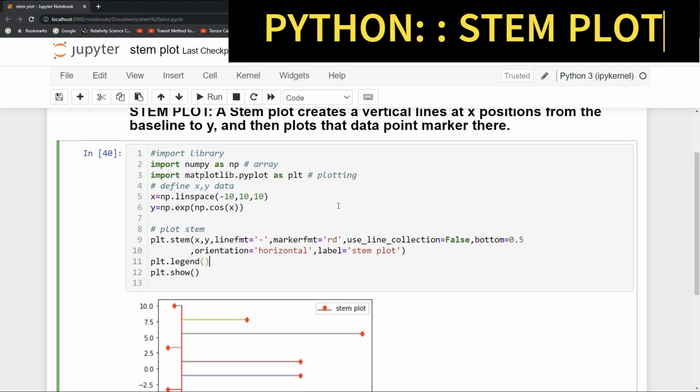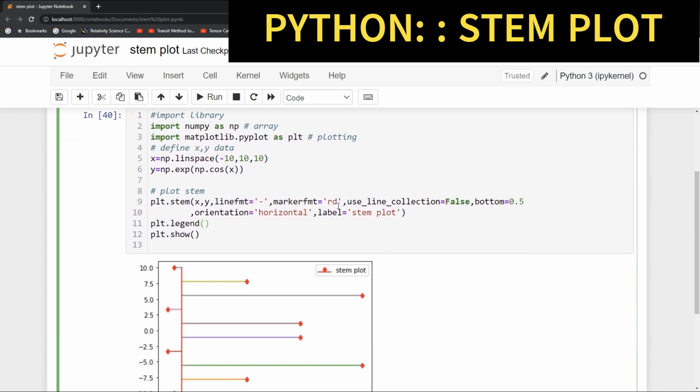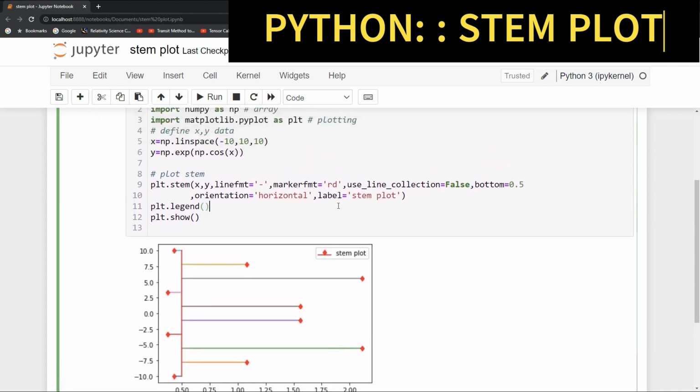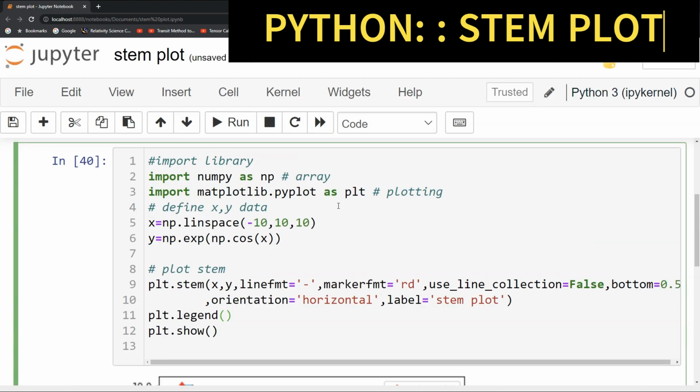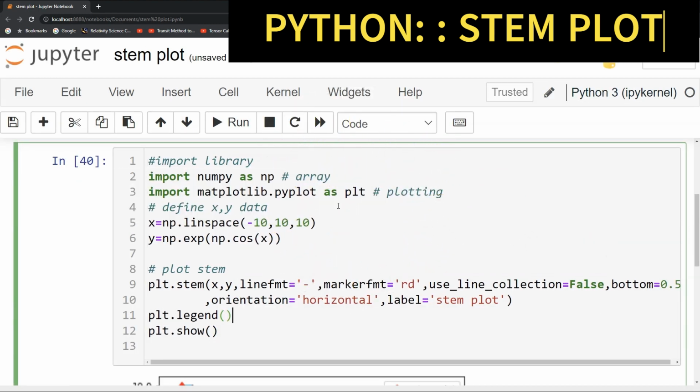We have changed its marker, its line style, and then we have also given its orientation. You can change vertical to horizontal, and this is it. So I think you got a pretty good idea about how to do this plot using NumPy and